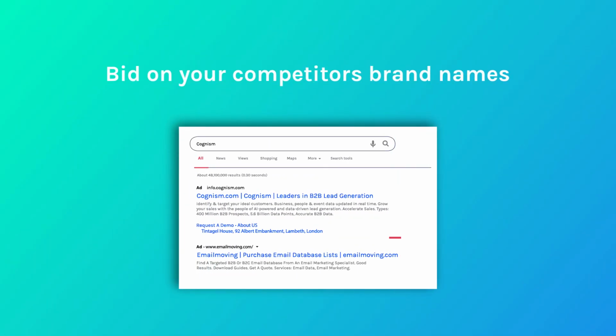So tip number 4 is you should consider bidding on your competitors' brand names. Not only does this one give you a really qualified audience that is already in the market for the service you offer because they're searching for your competitor's brand name, but these keywords are usually way less competitive, so